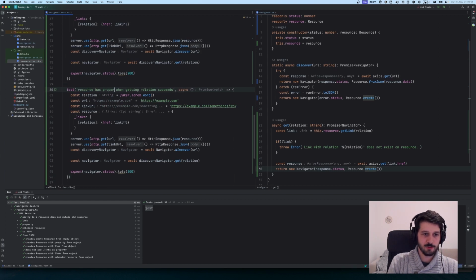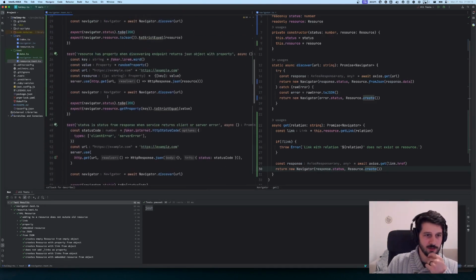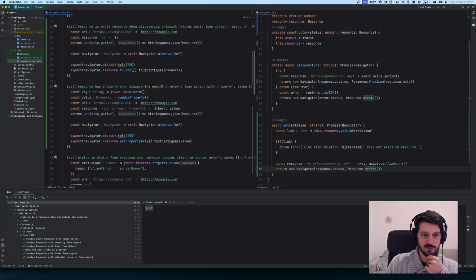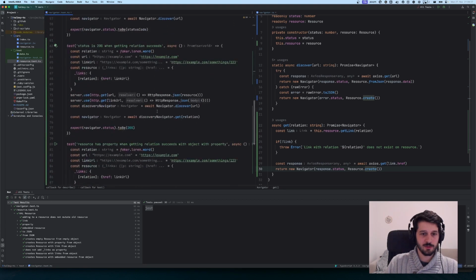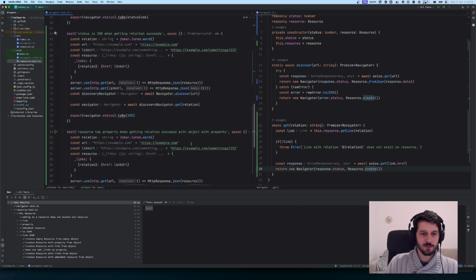Resource has property when getting relation succeeds with object with property. Basically similar to the test that we did. Resource has property discovering returns JSON object with property, where we did key and value. When getting relation